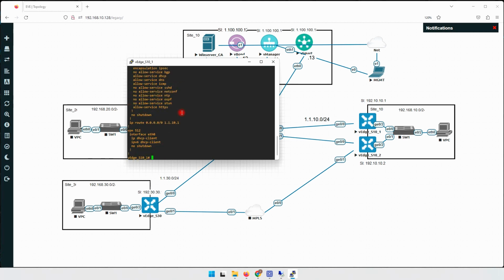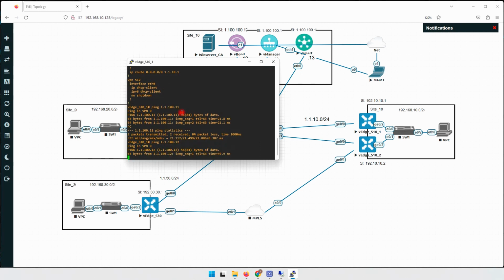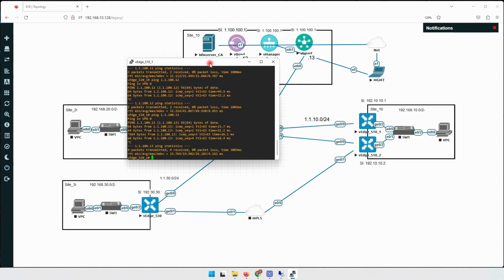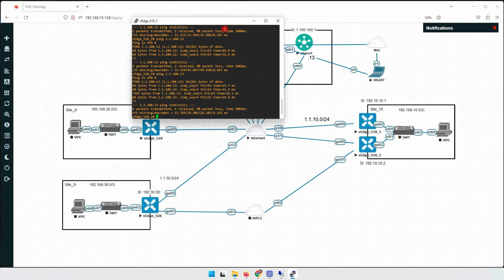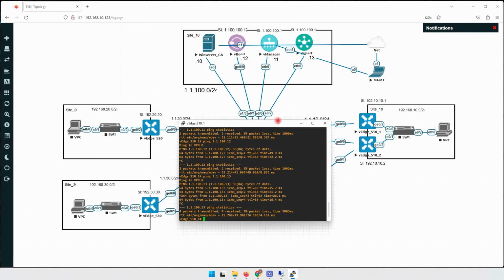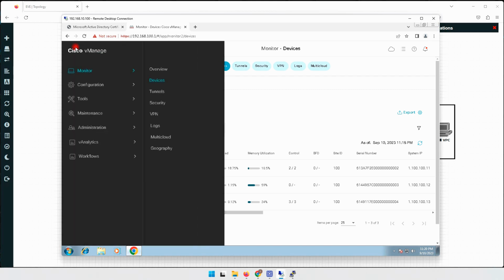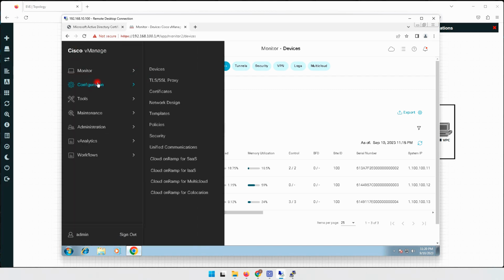Now we should be able to ping the vManage, 1.1.100.11. You can see that we can ping the vManage and also vBond and vSmart. Now these four devices are ready, and we can add them to the vManage. Before adding them to the vManage, let me show you something in the vManage here. If we go to the configuration and to the devices,